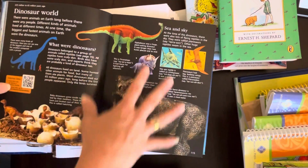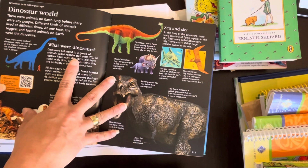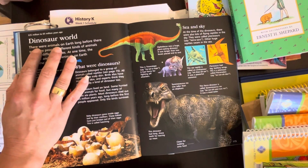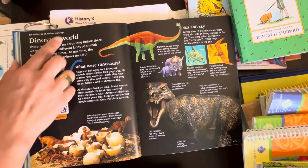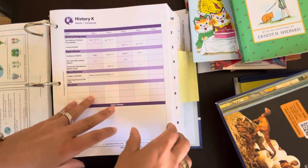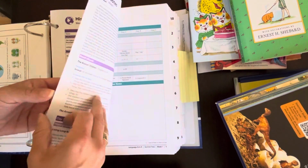So this is the first history page. As you can see, some people accuse Bookshark of not being faith neutral or not being secular, but here you are literally teaching evolution. So I don't really understand where those people are coming from, but I just wanted to give you guys an